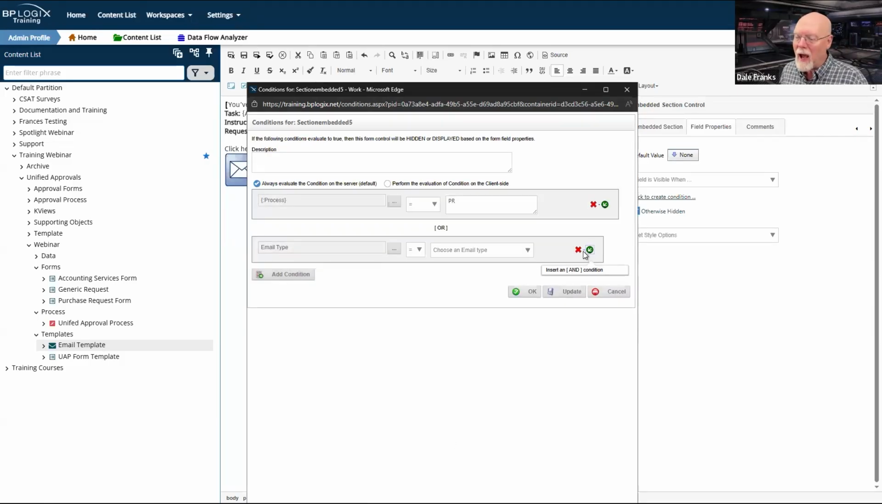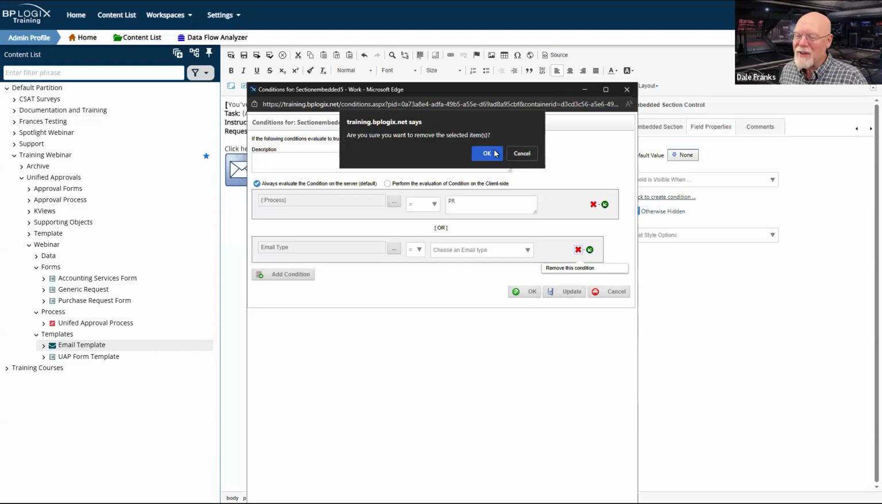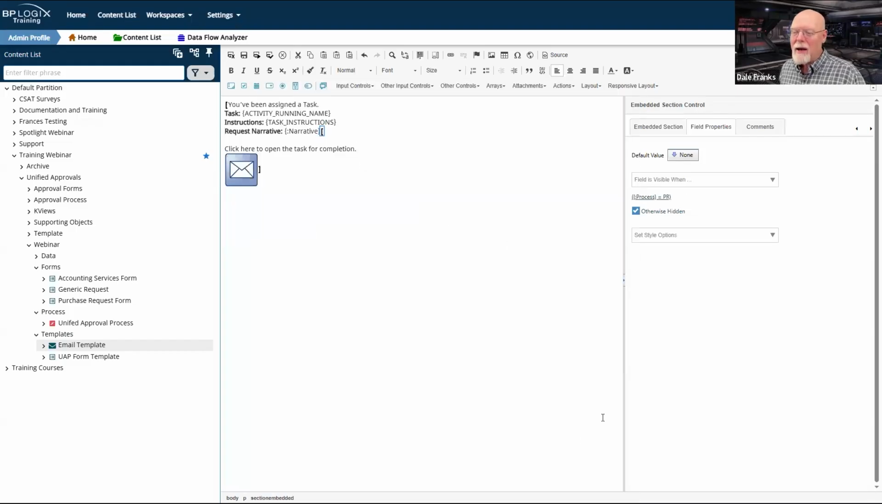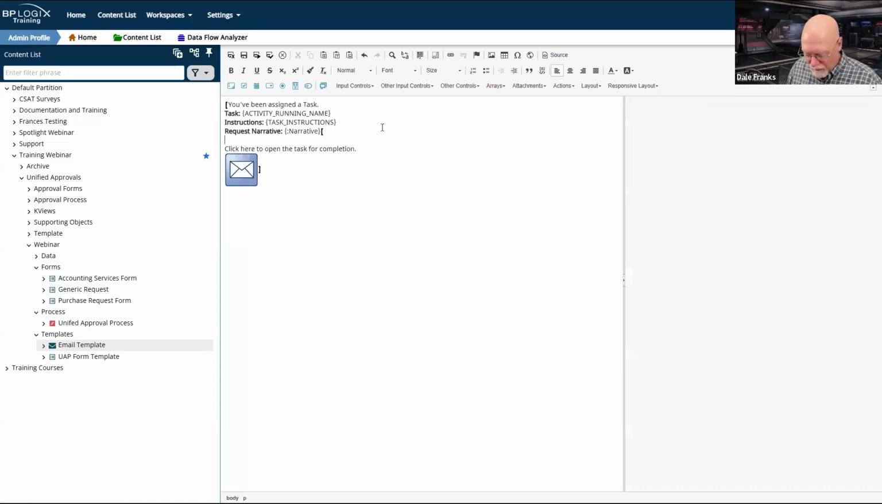Oh, I didn't want to add a condition. I just wanted to hit OK. So let me get rid of that new one. Let's hit OK. And so now this field, this section control, is going to be visible only when process equals PR. Otherwise, this field is going to be hidden. And that's perfectly fine,